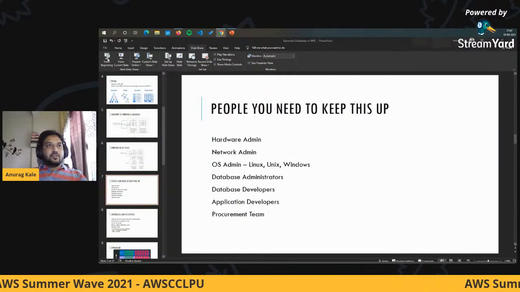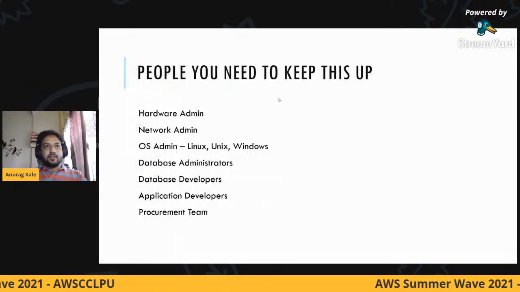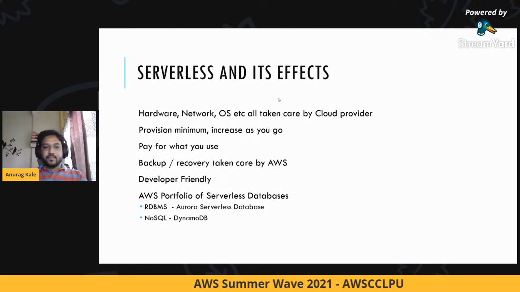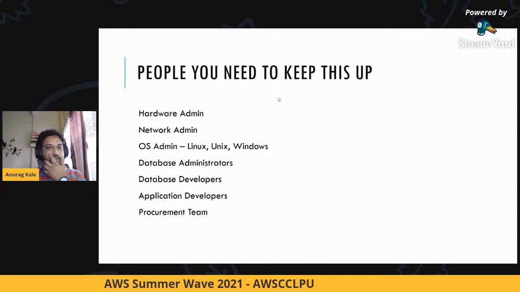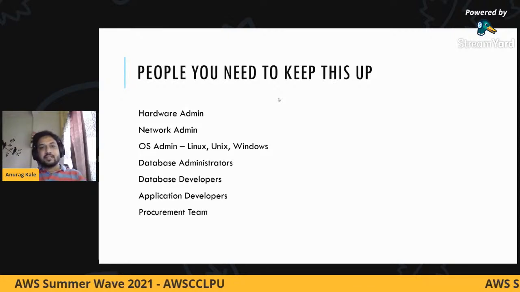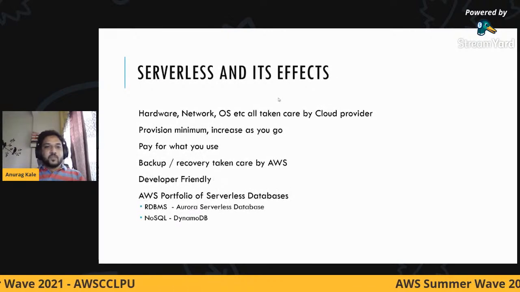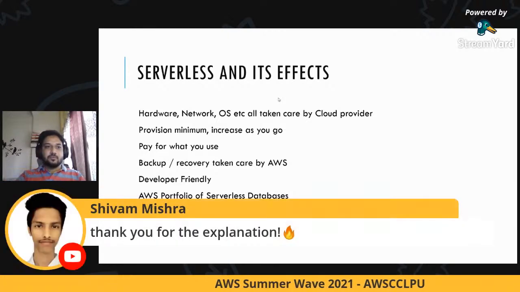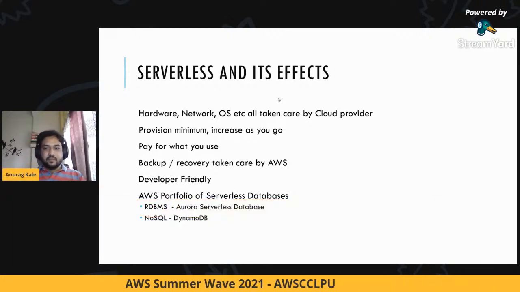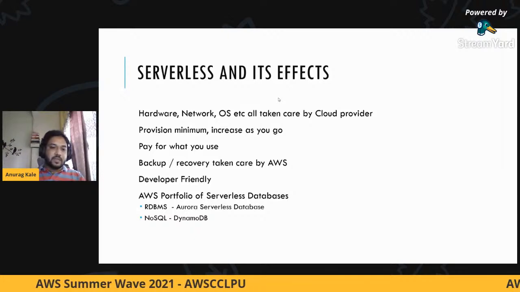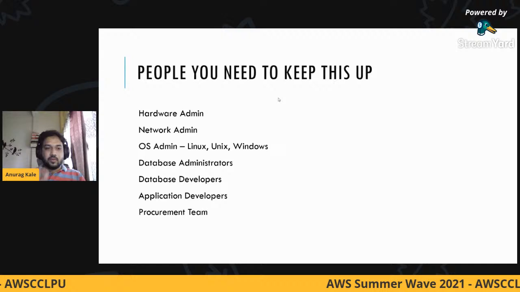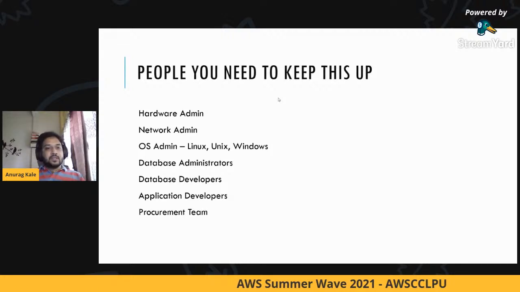Okay, so far we have discussed what it takes, how it works. So now let's try to understand how serverless came into place, and what is serverless, what is its effect, right? If you remember, let's take another minute to look at this particular slide as well.